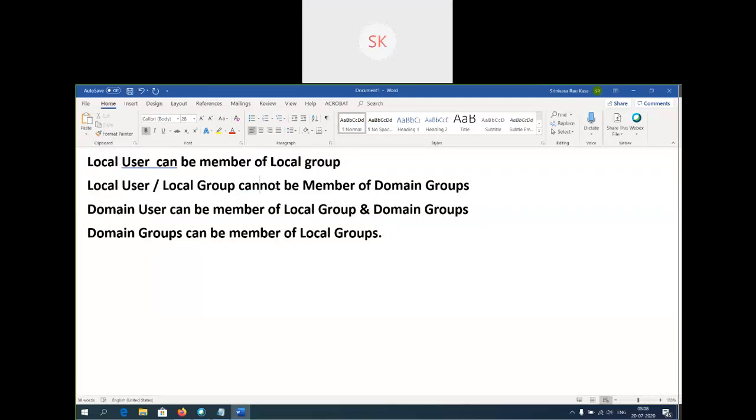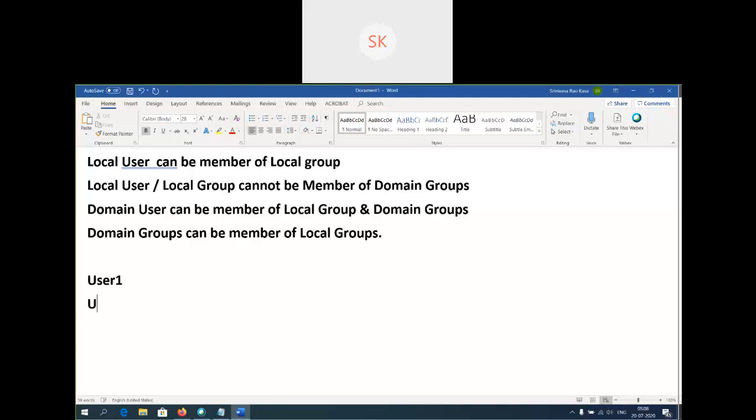Okay. There are different groups available under the domain: security global, security universal, domain users. These many groups are available in the domain controller. During the server installation, we created 3 users, right?